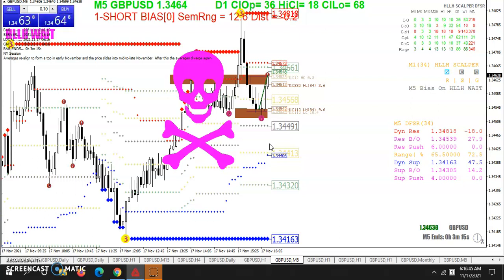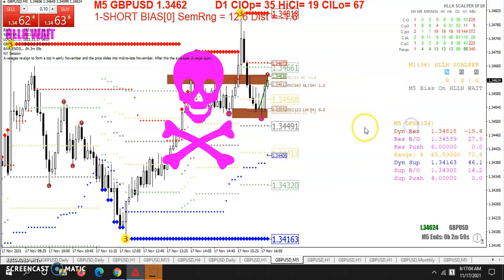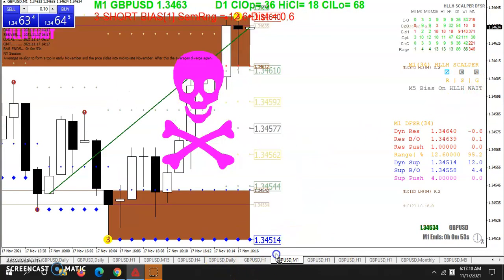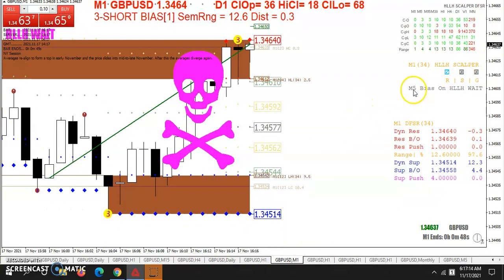Yeah, and I just switched over to one of my trading screens where I have the HLLH scalper, where it will, you know, tell me when it's time to trade and at what level. And let me just switch this back to the M1 chart, because that's usually the chart I like to look at. So you can see we got a 3-ball, just put in a 3-ball, but we've got the M5 bias